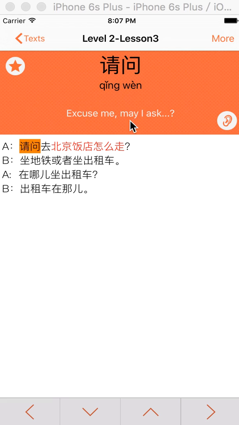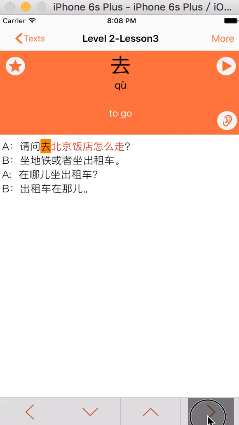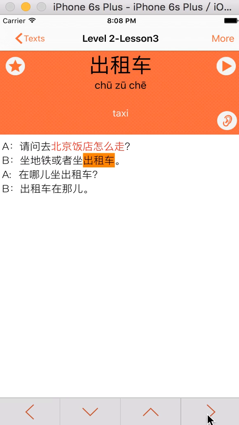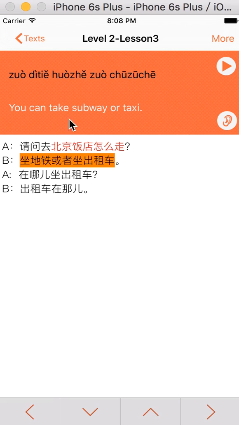It should be the same as on Windows or on Mac. We have a text part to display the whole text. We have a card region which displays the selected word's pinyin and the English translation. We can navigate through each word to see each word's meaning, and we can also go up to see each chunk